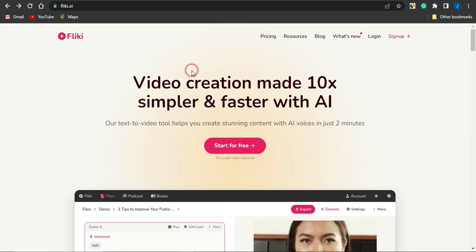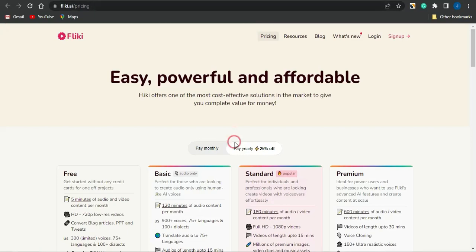You could convert your text to video with the help of this AI tool and actually get some AI realistic voiceovers right there in just 2 minutes. And it's actually amazing right now. You could convert blogs to video, PowerPoint files to video, and even Twitter tweets to videos with the help of this AI tool. You could check out the pricing platform right here and you'll be brought to this particular page